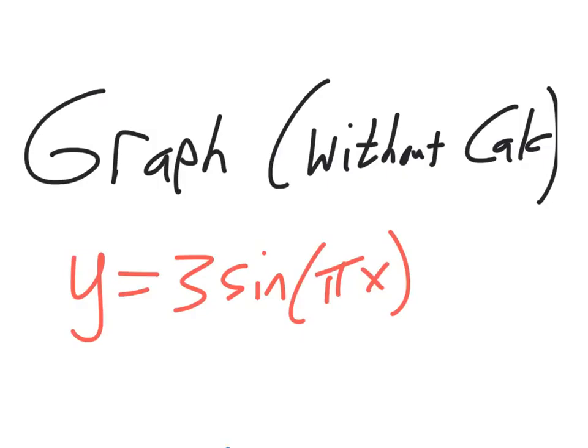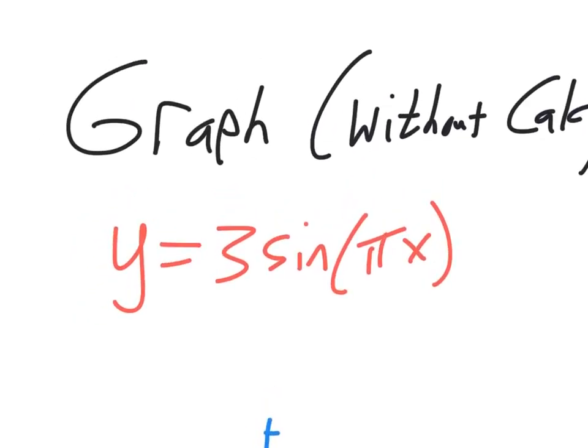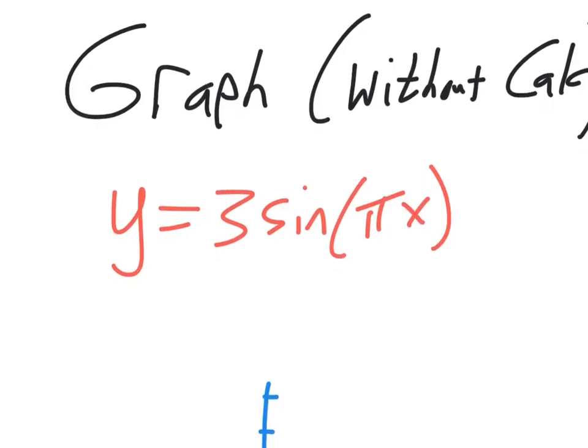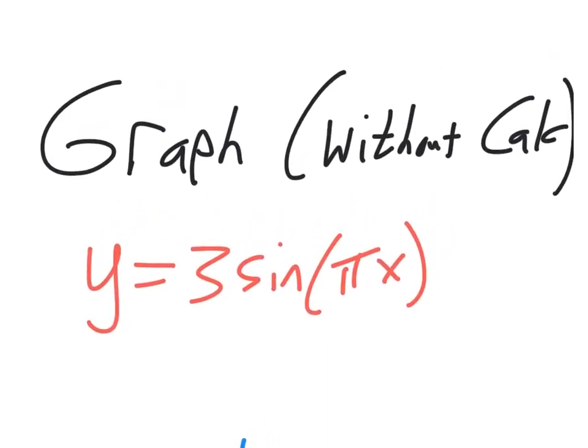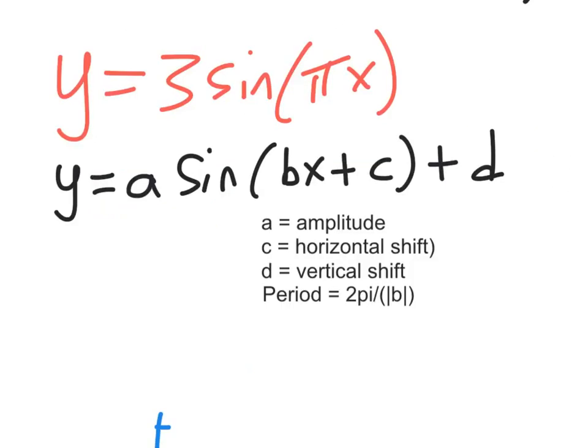So if you're asked to graph this equation in red without a calculator, you will benefit from seeing the basic ideas of how to graph a sinusoidal function like sine or cosine. So in black is the general structure for a sinusoidal function. I've identified each part. You can see that in our example we don't have a c, so that just means